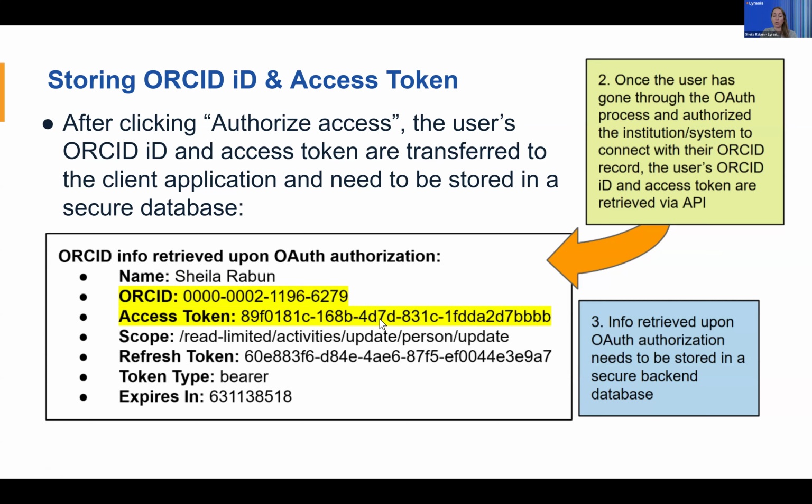a unique access token for that person that will need to be kept secure, because the ORCID ID and the access token are the two pieces of information that you're going to need to do the API calls to read and write data. You'll also get some additional information that clarifies the scopes that were authorized. You'll get a refresh token in case for whatever reason you need to refresh the access token. And this expires is basically 20 years in seconds. ORCID recommends that you store all of this in a secure database, but especially the ORCID ID and the access